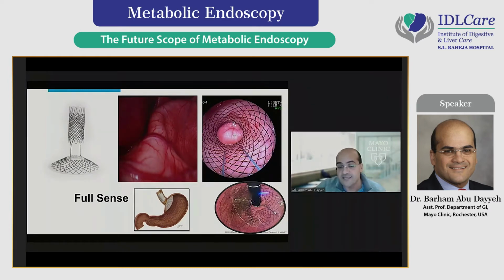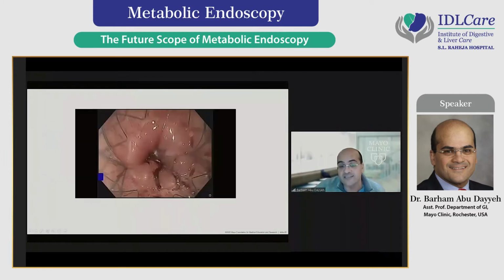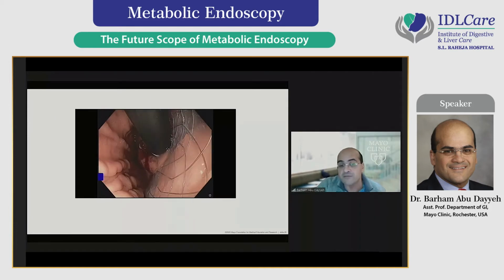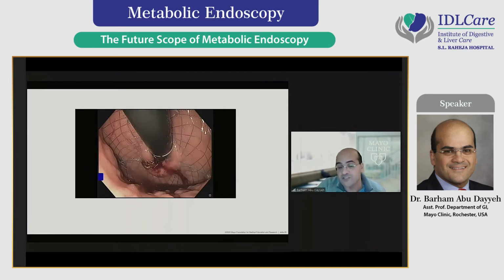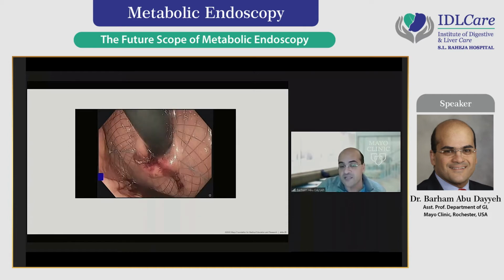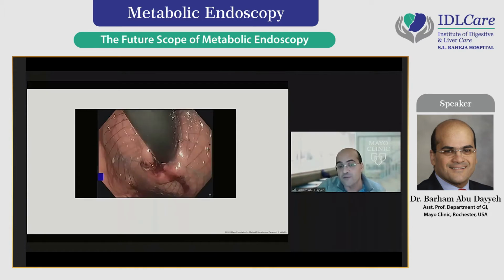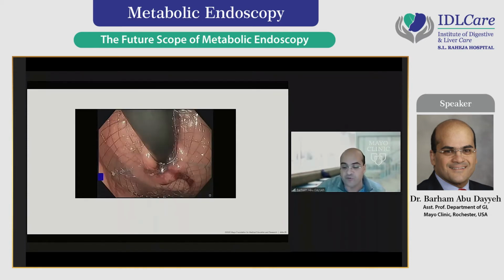So this device is placed as an umbrella, as you can see laparoscopically here, exerting pressure in the cardia, activating these mechanical receptors to trick the central nervous system that the patient is full, and hence the name FullSense device. Therefore, in my opinion, this device would be a very nice, excellent complement to intermittent fasting, because a non-invasive anatomy-preserving device that exerts pressure, as you could see here on the cardia of the stomach, could result in adoption of a robust intermittent fasting program with all the metabolic benefit that comes with that program.